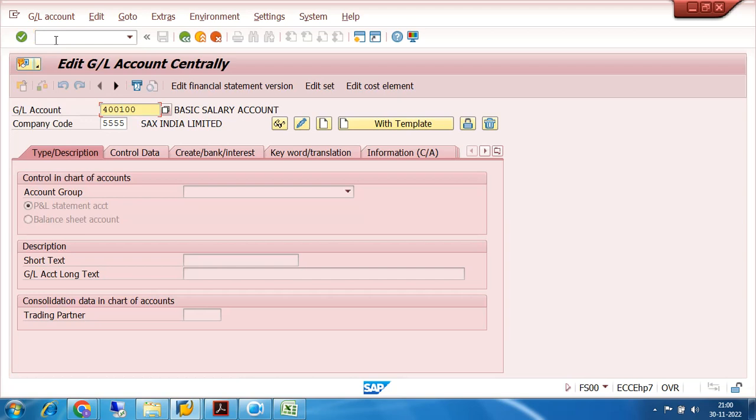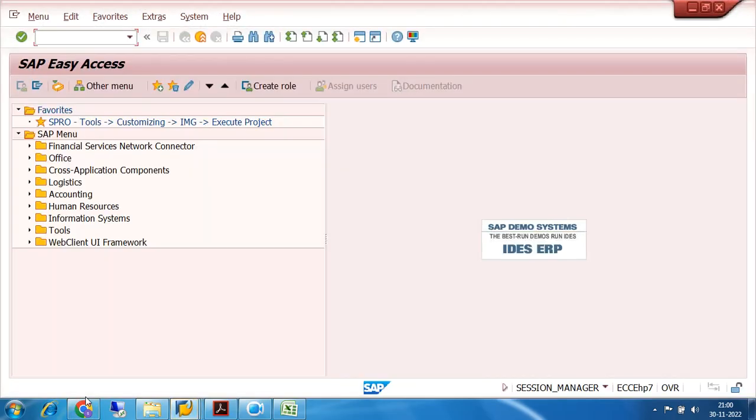That is the first thing. Before creation of any GL account, you have to see the account group. Let us see the account group. One GL account I will create is the foreign currency loan account. Another GL account I will create as, just a minute,